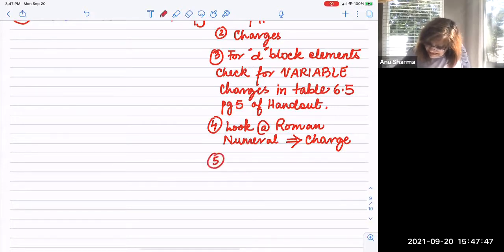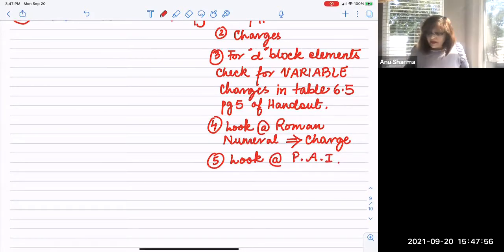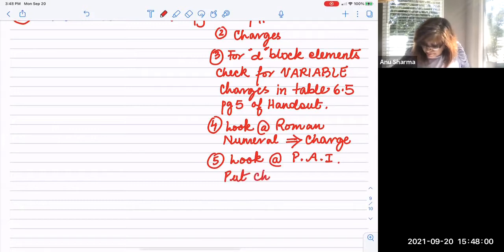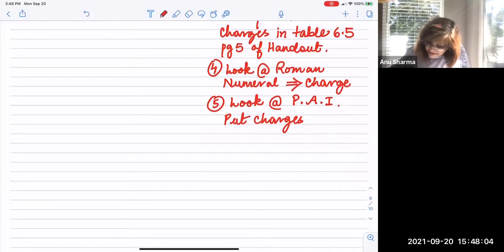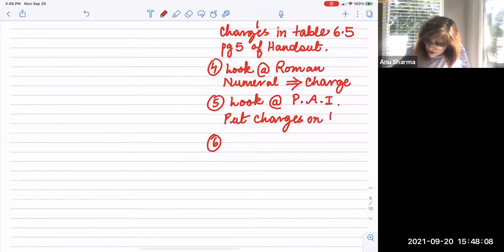Number 5 is, then look at the polyatomic ion. Okay. Polyatomic ion, and then put charges, if there is a polyatomic ion or not. Okay. And then put the charges on top. Okay. Now,